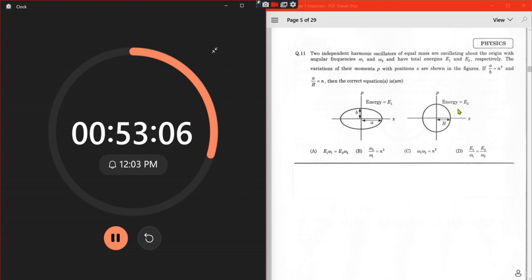Yeah, so basically a upon b जो है that is equal to n squared, which means कि 1 upon m omega 1 is equal to n squared, and then a upon r is just, oh god, a upon r मुझे करने की इच्छा भी नहीं है वो तो, it's equal to n, we'll see, whatever, yeah, देख लेंगे. What does this actually mean कि m is just 1 upon omega 1 n squared,